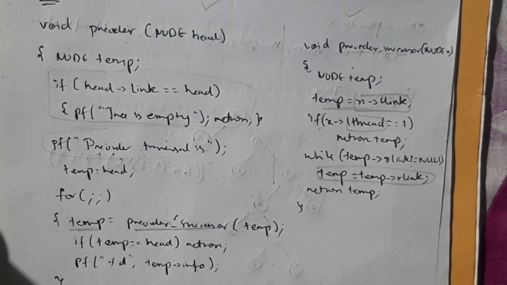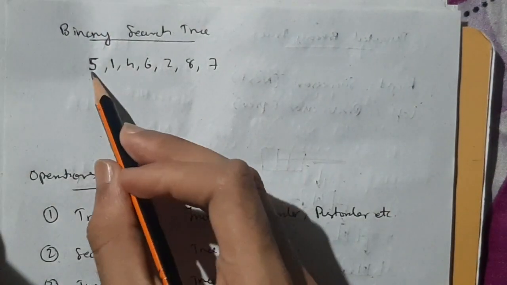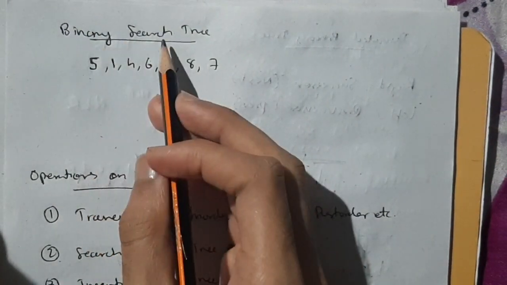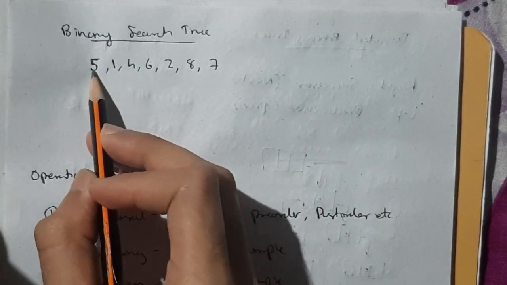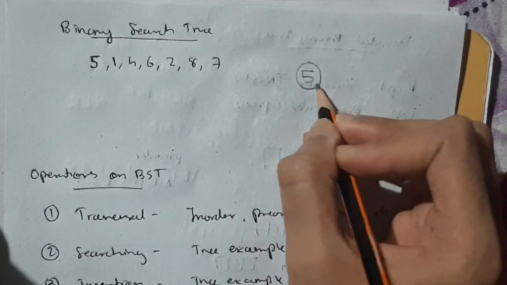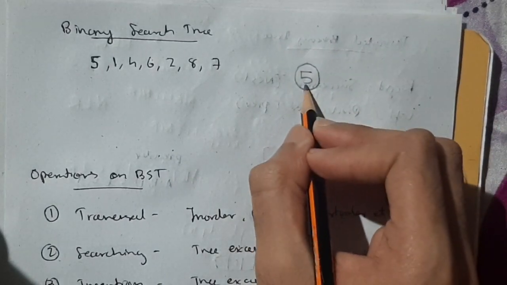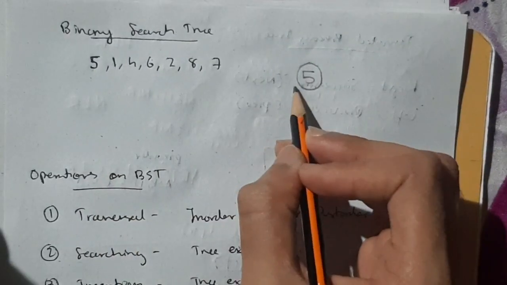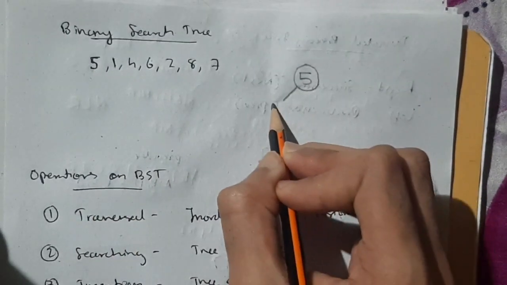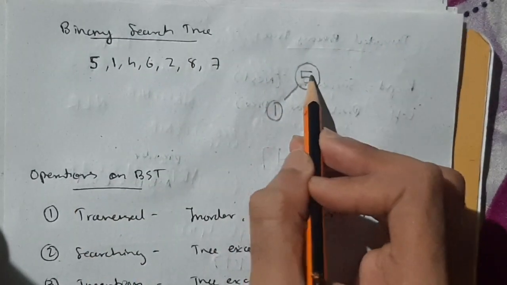Okay, binary search tree is a very interesting topic. See, first you will start from here. Okay, if you want to construct a binary search tree, you will get to know what it is. See, first 5, if they have given, they'll ask you to construct, so I am telling you high chances are there. Okay, 5 if they have given, make it 5 like this, then 1. Now you need to remember one thing, if it is smaller than 5, you have to put in the left. Okay, then 4, you have to check from here.